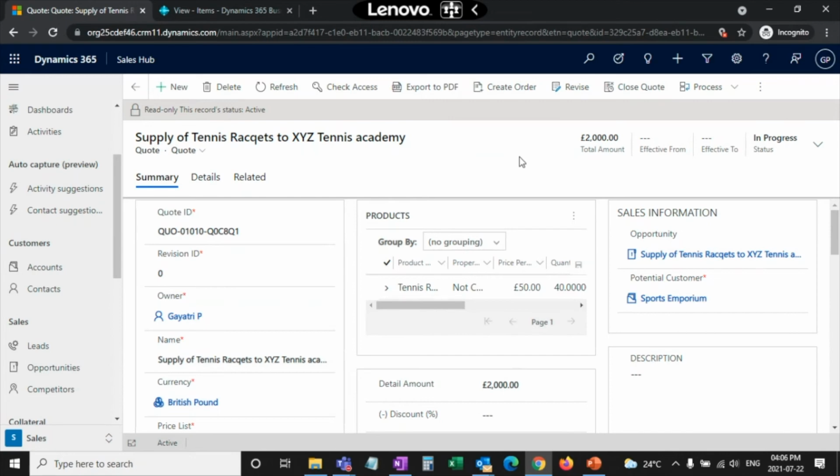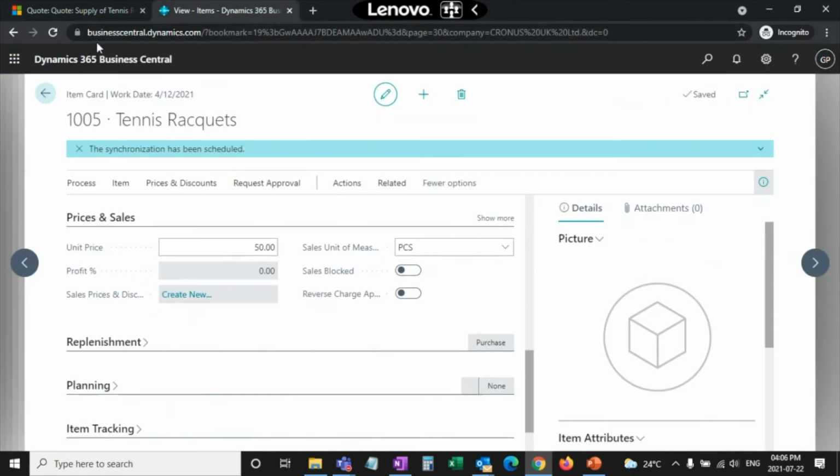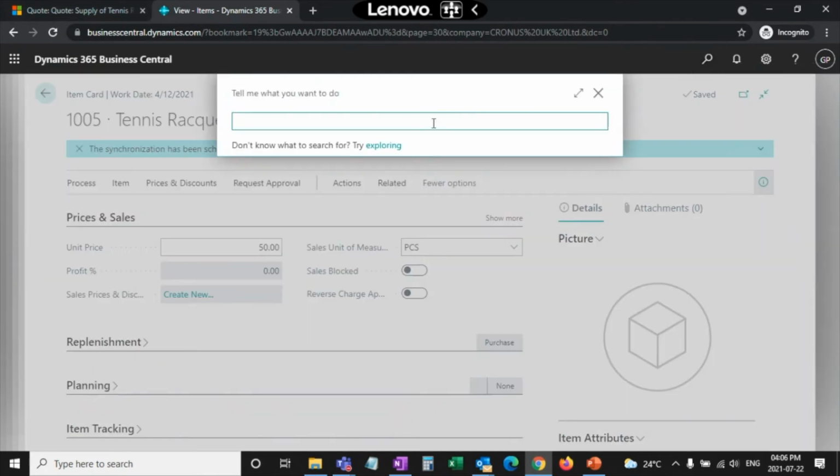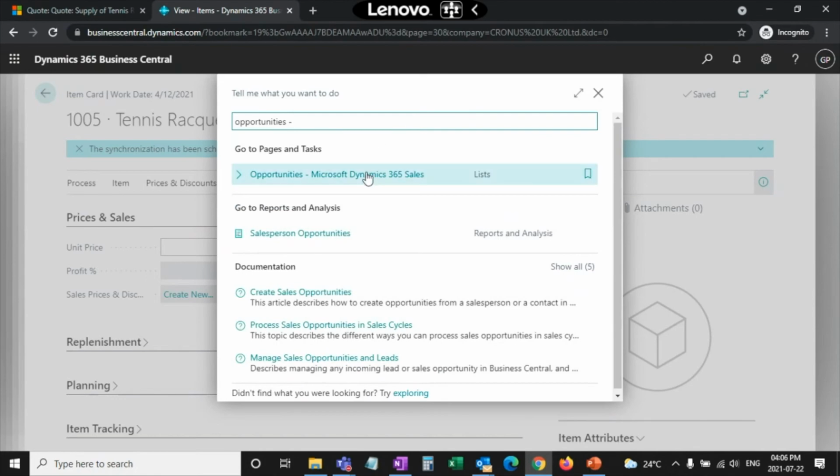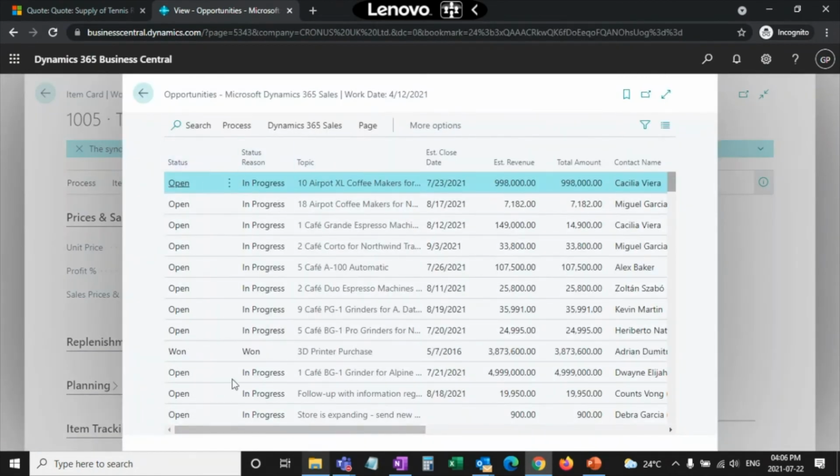So what I need to do is send both the opportunity and the sales quote to Business Central. In order to do that, I will go into Business Central. I will search for all the opportunities that are currently present in Dataverse.